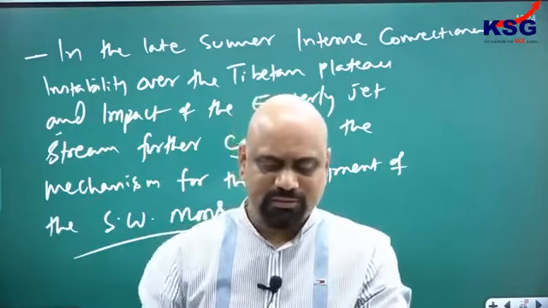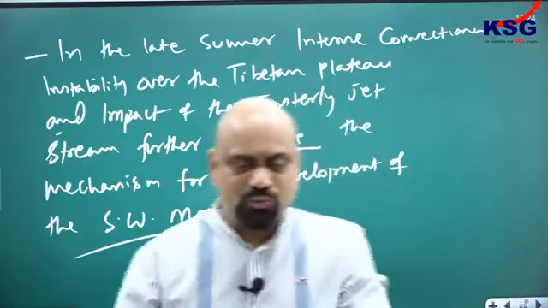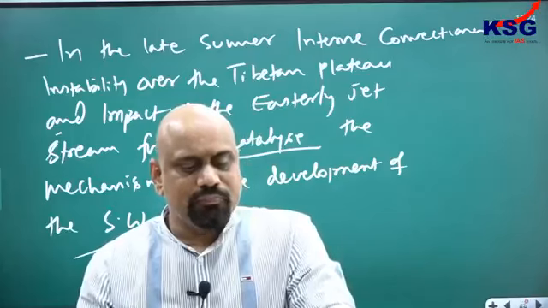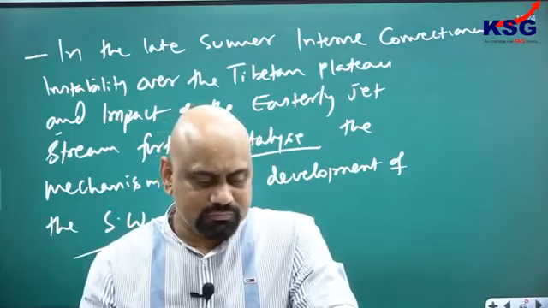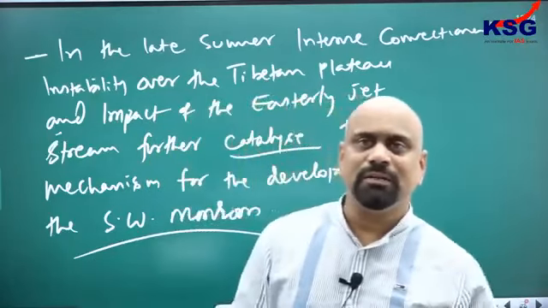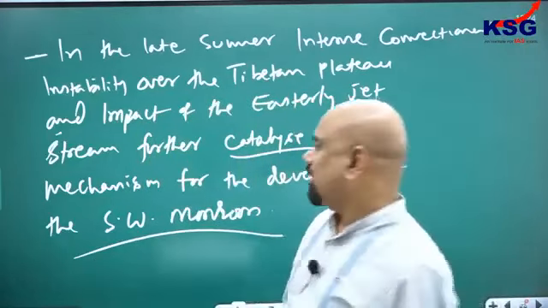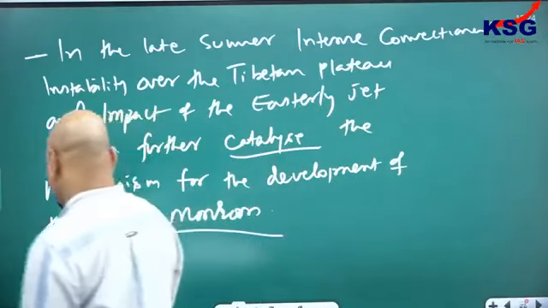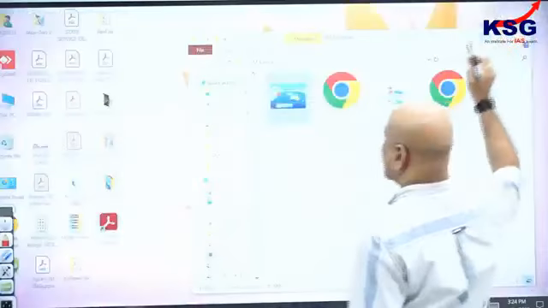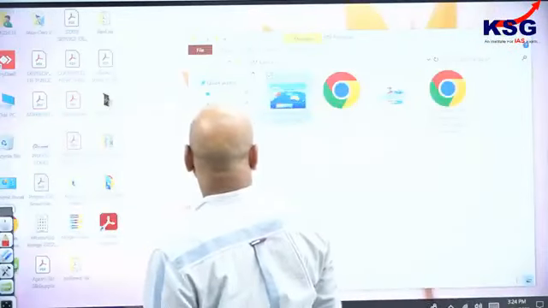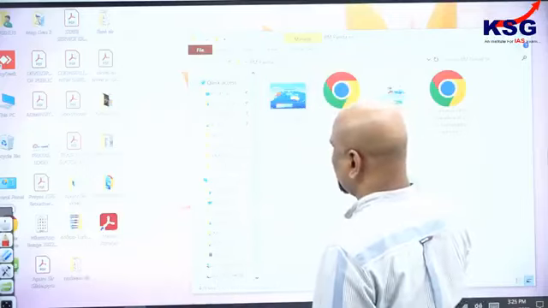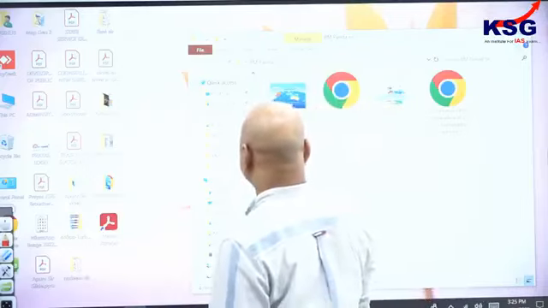My friends, by 1st of June, it reached the Indian coast, Trivandrum and other parts, and by 15th July, it completely covered the entire part of India. Okay? I said by 1st of June,